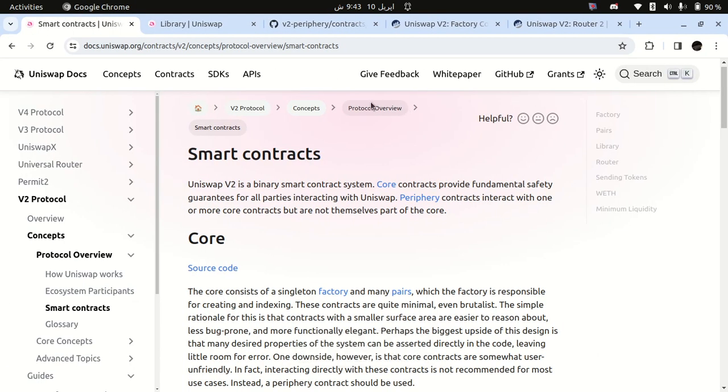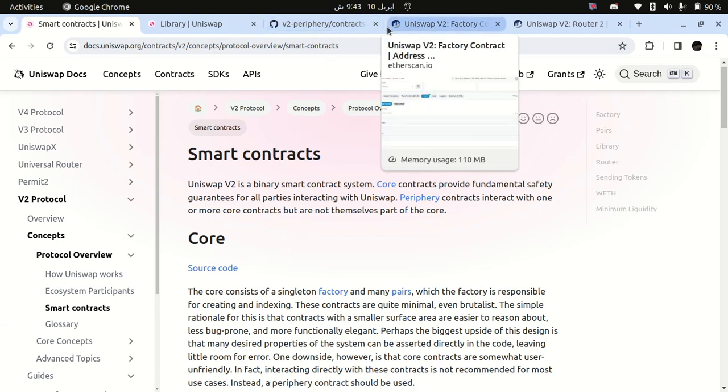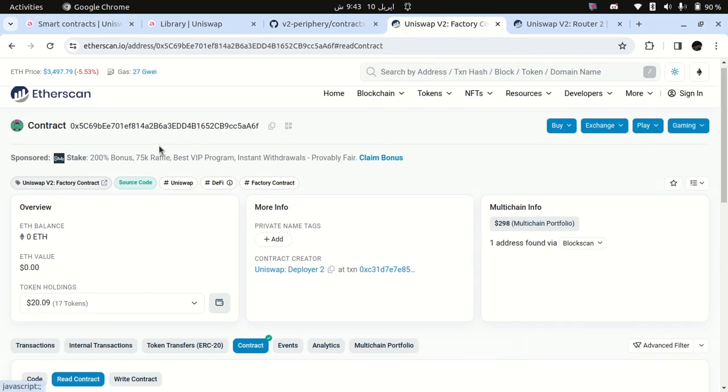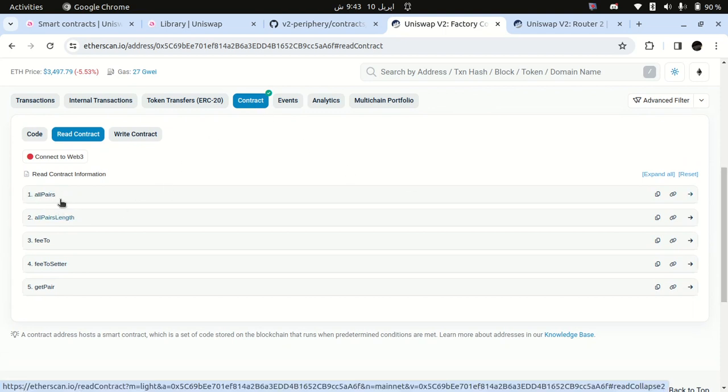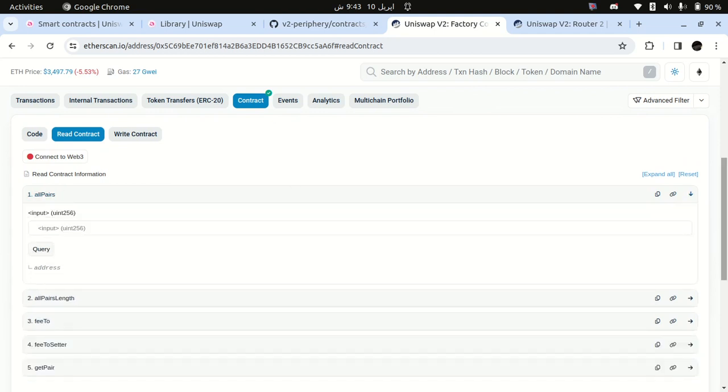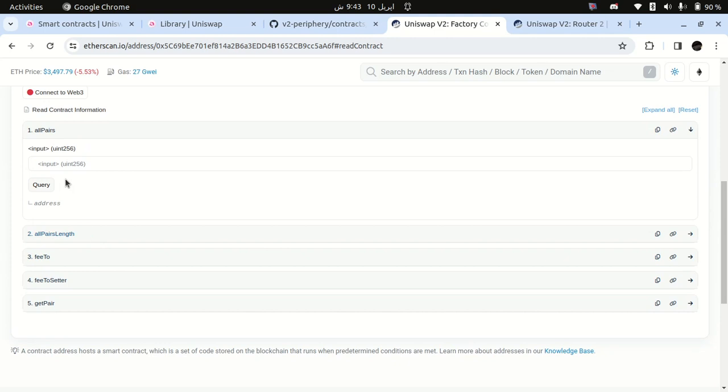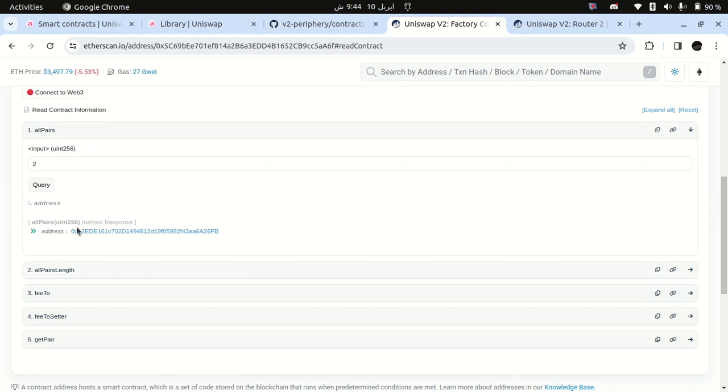Basically, in order to create pools, Uniswap uses the factory contract, and this is the address of the factory contract for Uniswap V2. If you look under contracts, it lists functions like allPairs. It explains you can get all the pairs, and if you enter 2, it will give you the address for the pool. If I open this one,